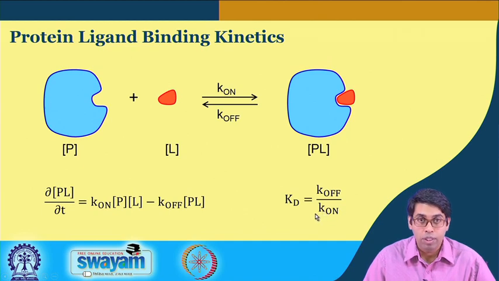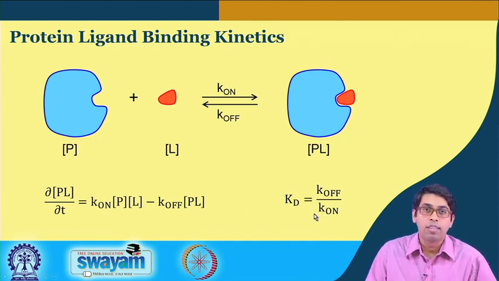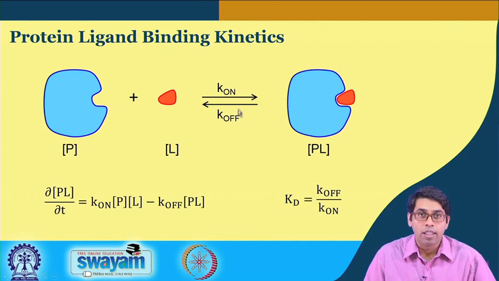One thing that I should point out here, and I will again discuss this in the next lecture, is that the rate constants, this K on and K off, have different units. So, K on depends on the concentration of these two, whereas K off depends only on the concentration of this. So, the units of these two parameters are different. I'll elaborate this more in the next lecture.